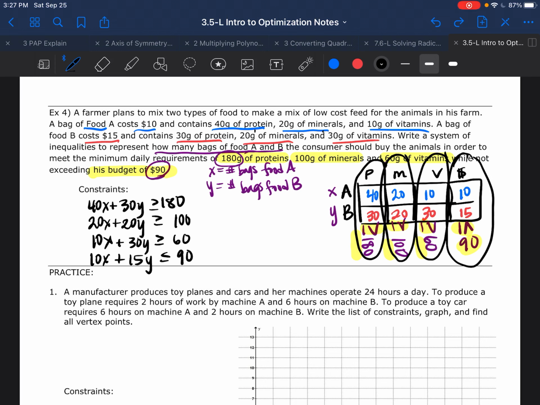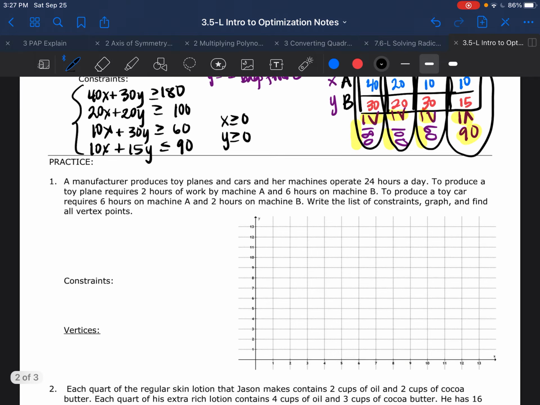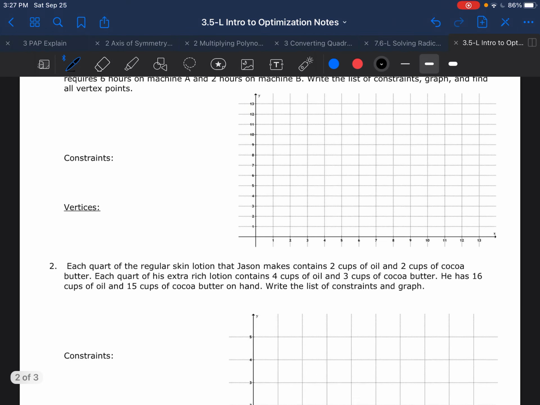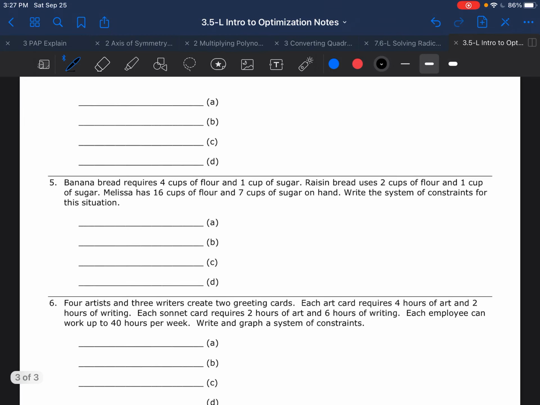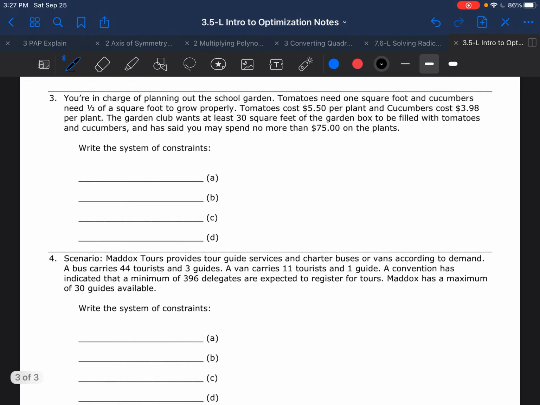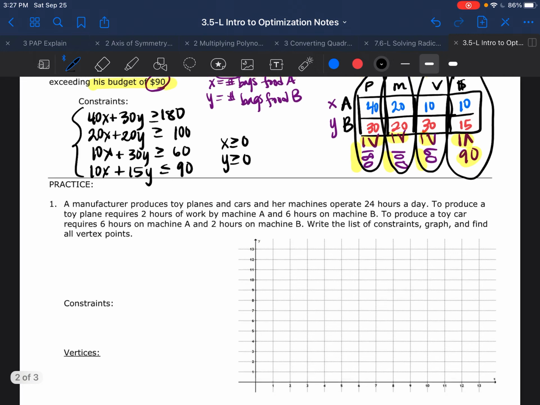All right, and so there's 4 inequalities, the hard ones. The freebies: X has to be non-negative and Y can't be negative. So keep those greater than or equal to 0. And so a total of 6 constraints. And so all the examples I just did were the hardest ones I could ask you to do. These practice problems where you're writing and finding the vertices are going to be a lot easier. Here you're just writing. So the back page, you're just writing them. You only have